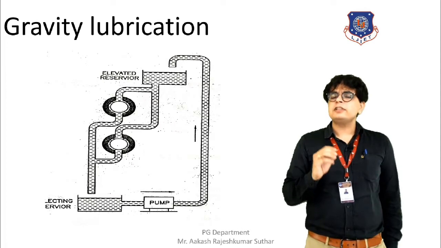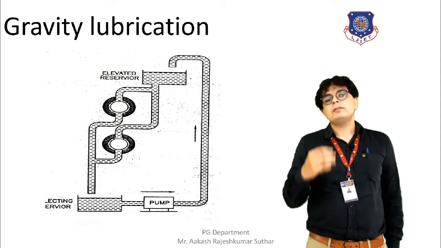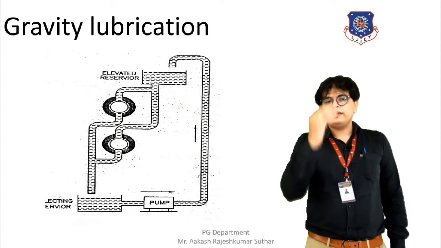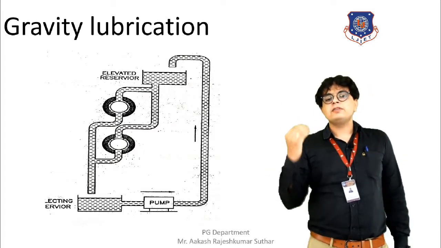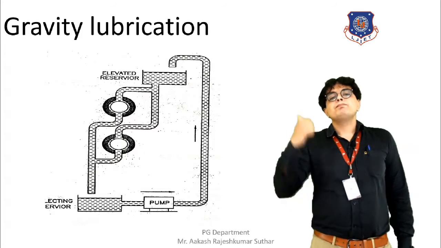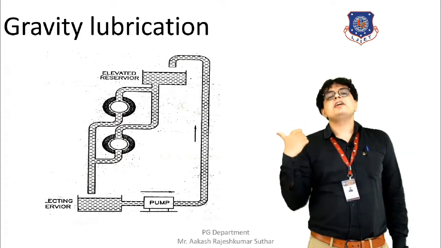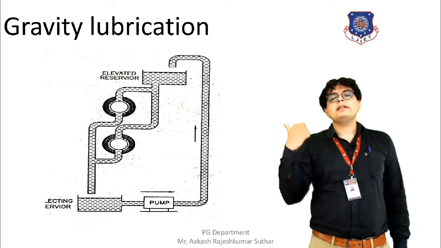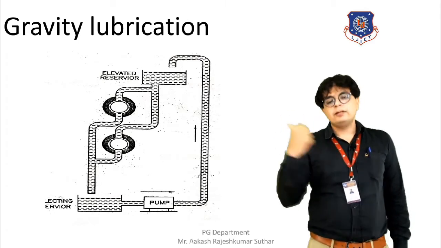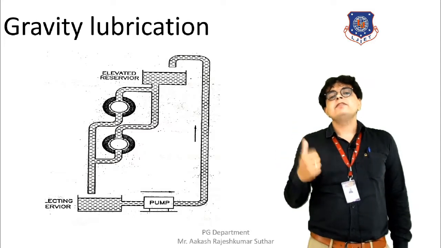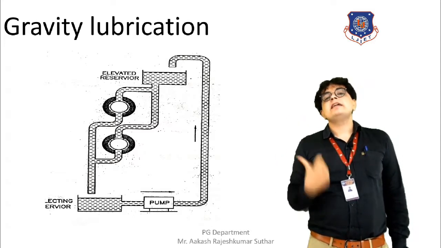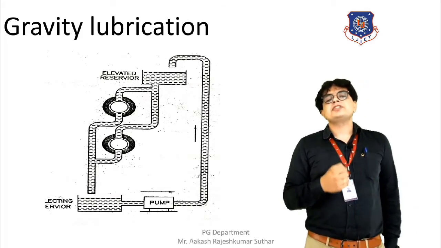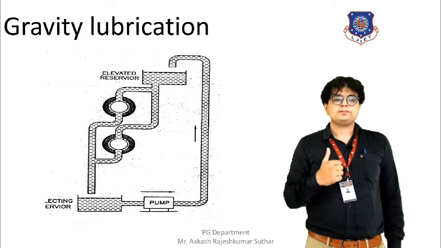The cleaning of the lubricant will be by itself only, because it is moving under the gravity. The waste lubricant will come out by itself, and it will move in the single pipe we see in the figure here. There is a pipe where the lubricant coming out from the bearing will be moving, and it will then be filling into the reservoir that is at the bottom. So this is how the gravity lubrication takes place.